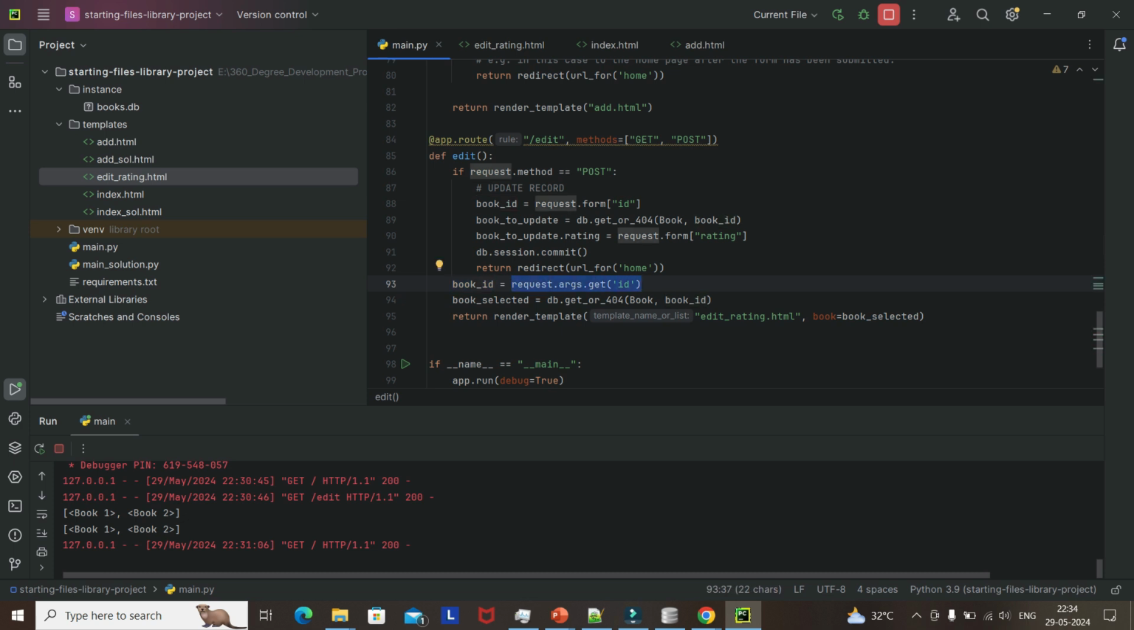Whenever we need the edit HTML page, it's not a post request, it's just a get request, just displaying edit.html. So we need to get the data of that ID record, and we will be displaying it on the web. So book ID request.get. But whenever we want a post, like updating the record, we again request the ID, and we get what we saw yesterday, book to update, right? The same get 404 method we are using here, and update.rating equal to the rating from the form. So the form is again,